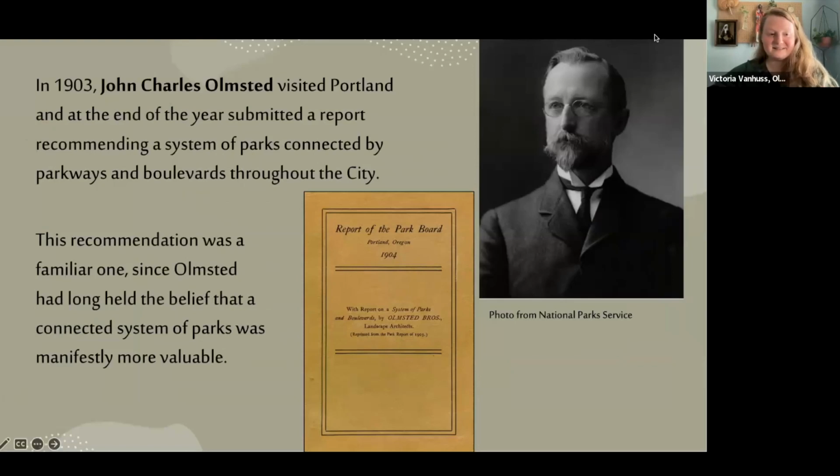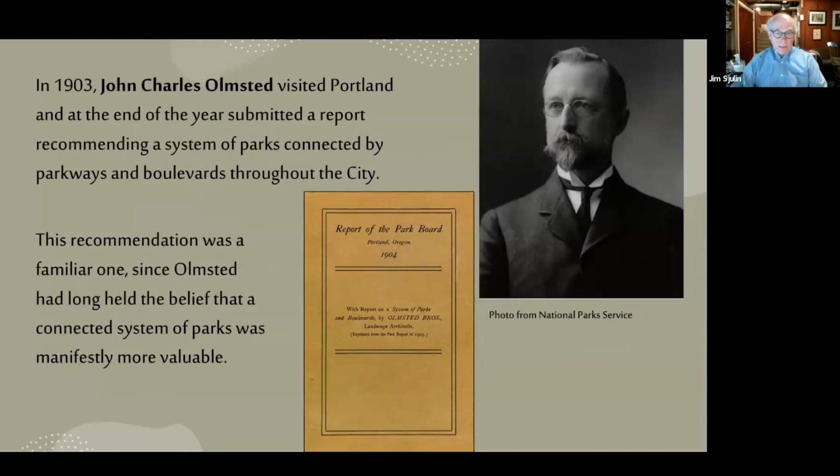Okay, so here we are at last, slide one, just a typical introductory slide. But note that John Charles Olmsted did visit Portland along with Seattle and Spokane in 1903. And he did produce the first master plan for a park system for the city of Portland at the very end of the year. So you see the date on the plan on the slide is 1904, but it actually arrived, I think, on December 31st,